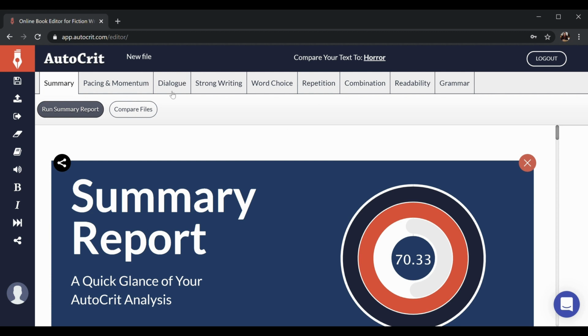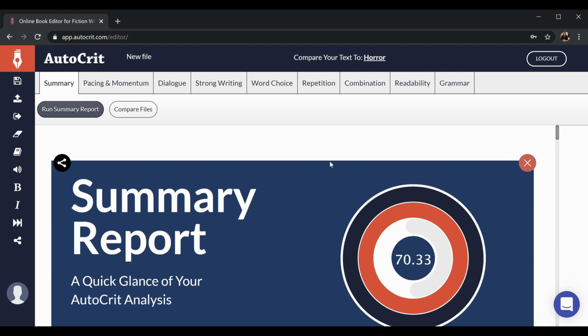I'm checking all of the various reports that it gives me, but I'm paying specific attention to the ones where I know my writing can sometimes be weaker in my early drafts. And then I can go through, change all of those, tighten it up, and then I can send it off to early readers who can help me with issues like plot continuity and generally make it a better story.